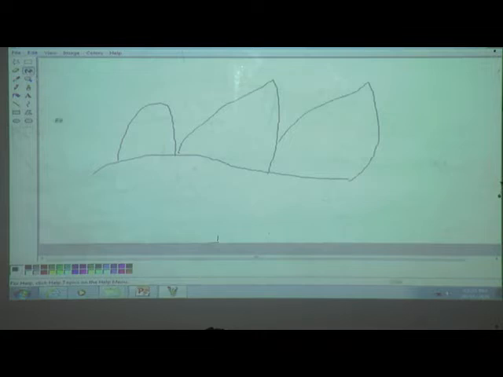We can give any color. How to give color? Select the fill with color tool, select the color and then give color. Which button must we press? Mouse left button for the first color, and mouse right button for the second color. Now we selected brown as the first color, so we must click the left button.